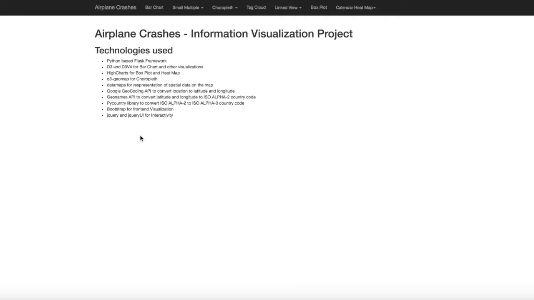We also used other APIs for converting the location into the spatial format in which we wanted. We used Google Geocoding API as well as the GeoNames API so that we could get the ISO Alpha 3 country codes, which is actually used by the Choropleth for plotting. We also use Bootstrap for styling the front end visualization, and we use jQuery and jQuery UI to add interactivity